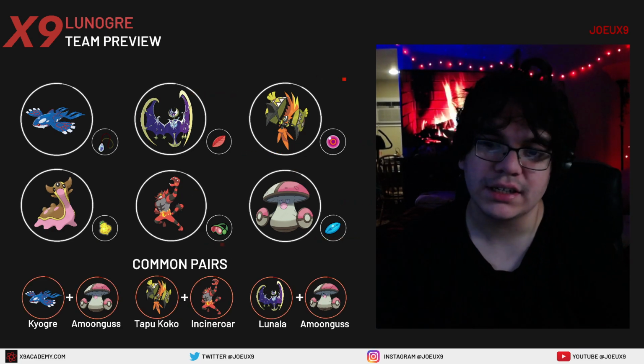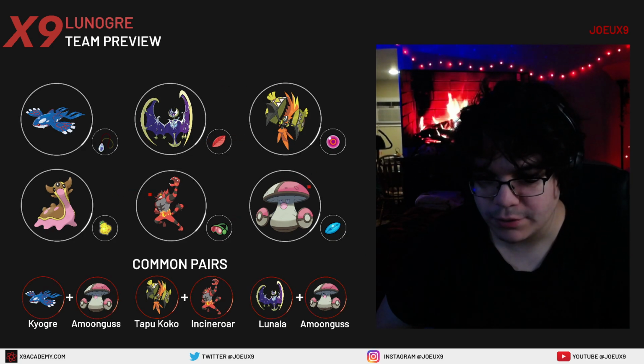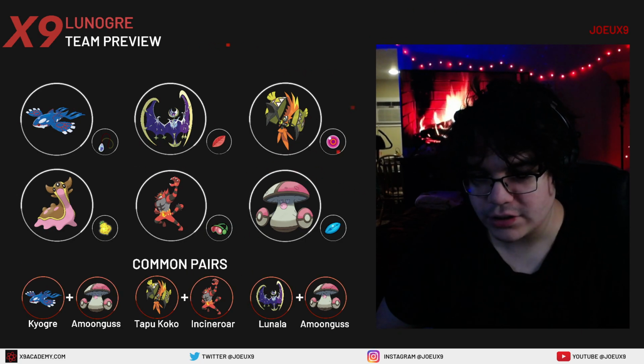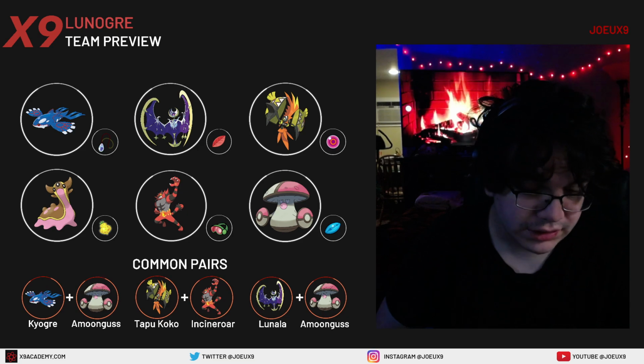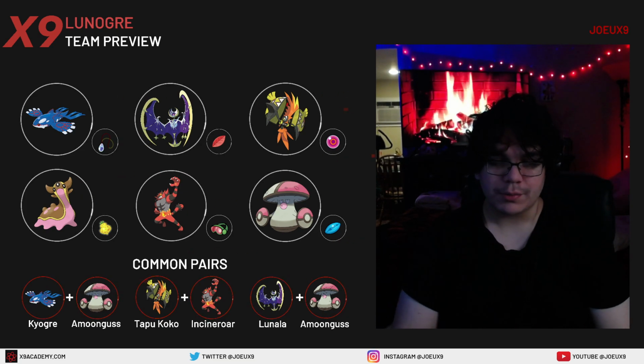Lunala obviously wants to get up Trick Room the majority of the time. I would say Amoonguss is pretty interchangeable with Incineroar. Pretty much what you're able to do is either go for Rage Powder to protect your Lunala, or go for Fake Out with Incineroar to protect your Lunala. And that'll allow you to get a free Trick Room up, which allows you to sweep with a Kyogre like Gastro